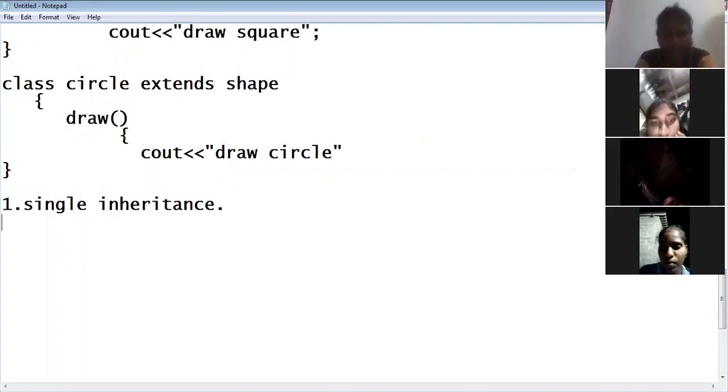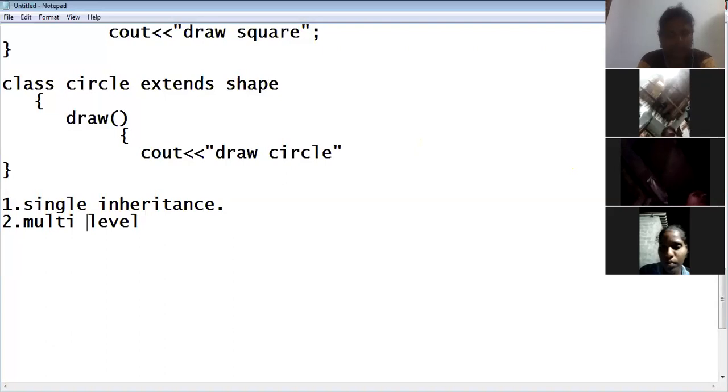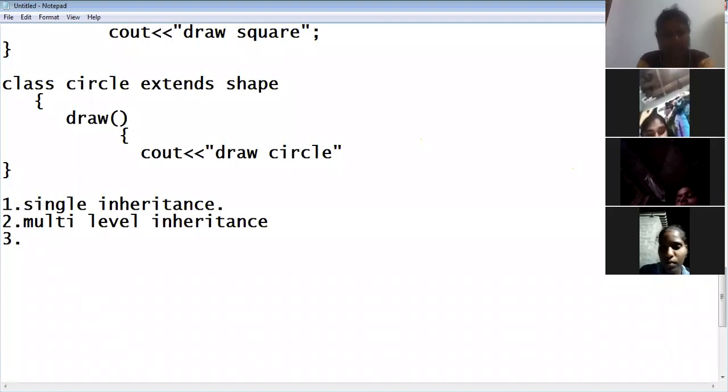Second, multi-level inheritance. Third, multiple inheritance.